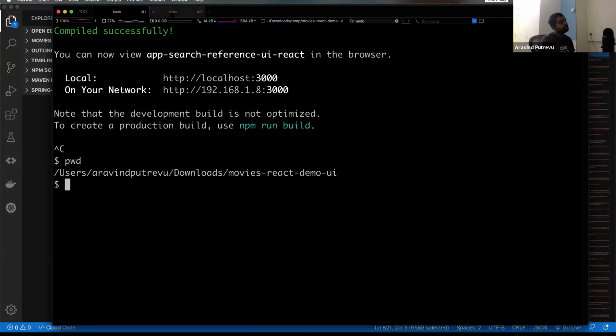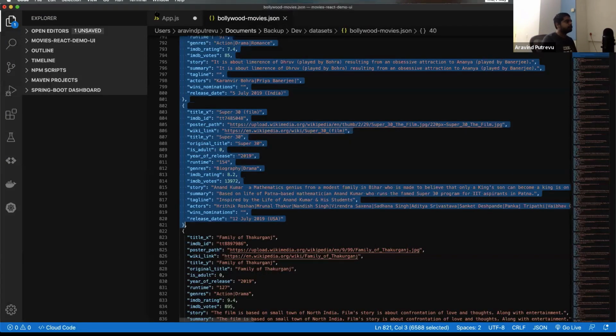So let me also show you more details about how we can beautify it a bit, and then we'll quickly get back to the search UI. So until then, I'm happy to take questions. So if you have any questions, please ask. No questions? Either it is quite easy to consume, or maybe you're finding it faster or difficult. So let me show you some more details.